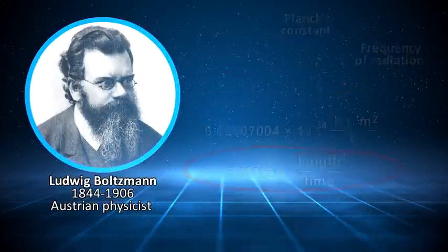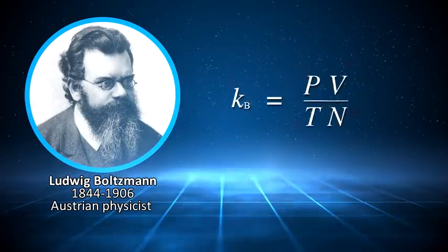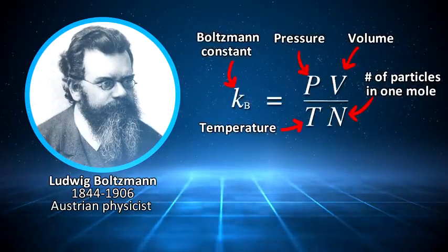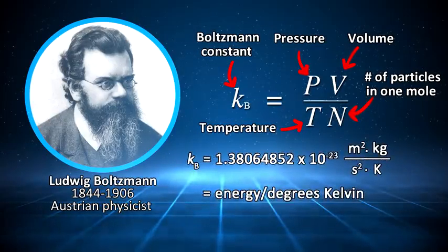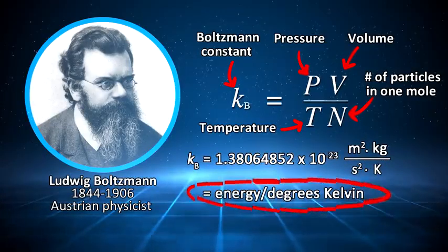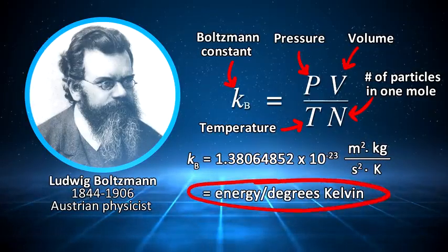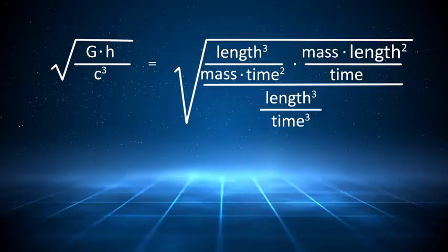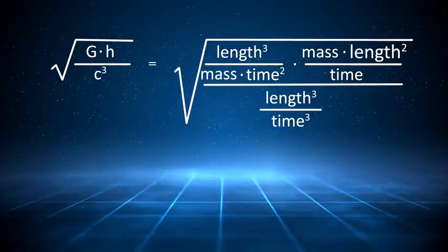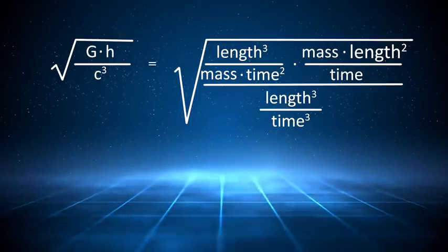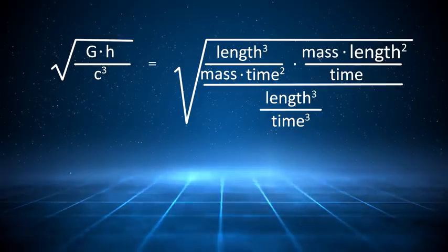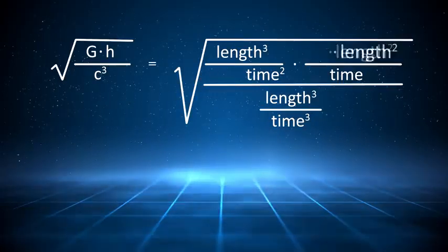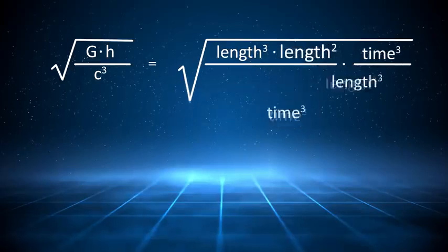Finally, there is Boltzmann's constant, which also applies to everything. It plays a role in determining the amount of vibrational energy contained in an atom related to temperature. It is just the definition of the energy contained in 1 degree Kelvin. It is in units of energy per degree. And using just 3 of the 4 constants, G, C, and H, we get some extraordinary insights into the nature of the universe. So for example, if we take these 3 constants and manipulate them mathematically like this,